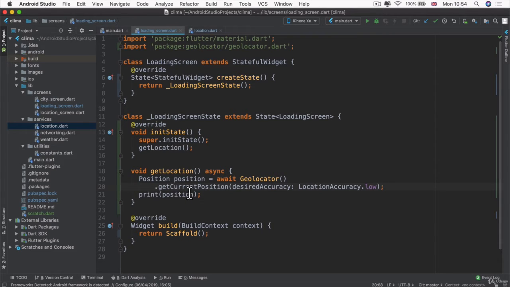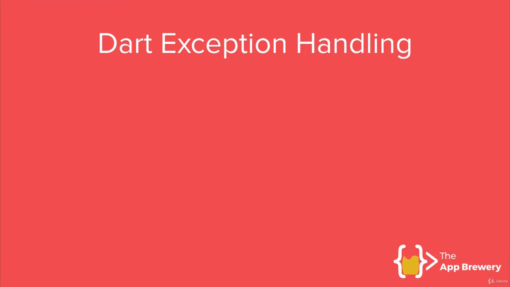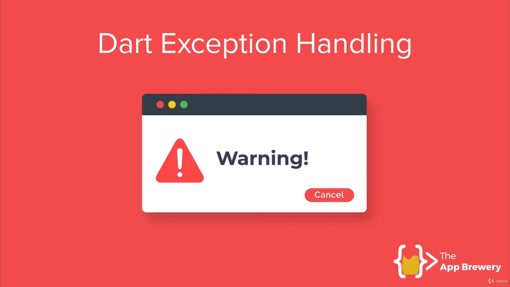So for example, if the user didn't give us permission to get their current position, when that pop-up came up to ask them for location permission, they said no. There's also other problems, such as if the user's in a tunnel and it's physically impossible to actually get any signal from them to get their GPS address. So in order to be able to handle all of these errors that might arise, we have to learn about